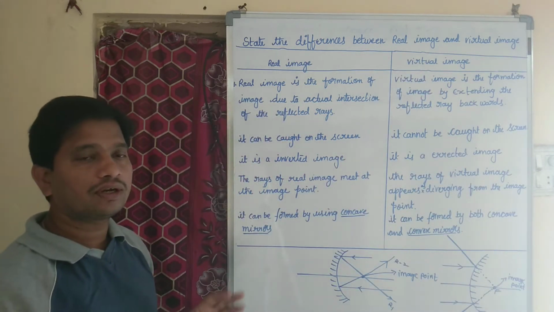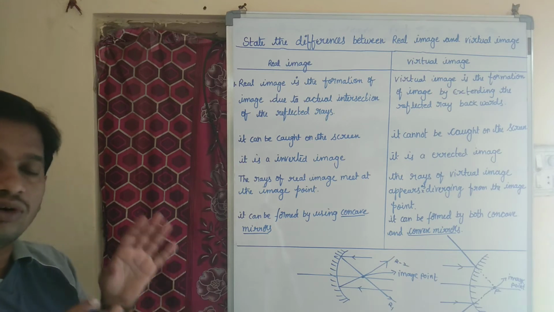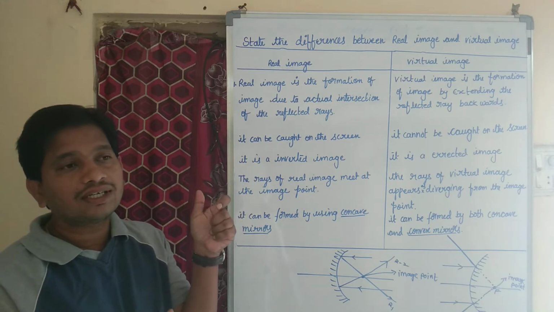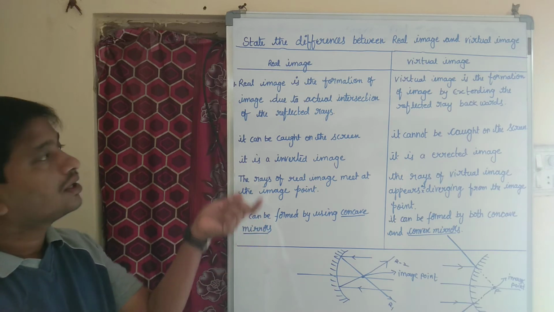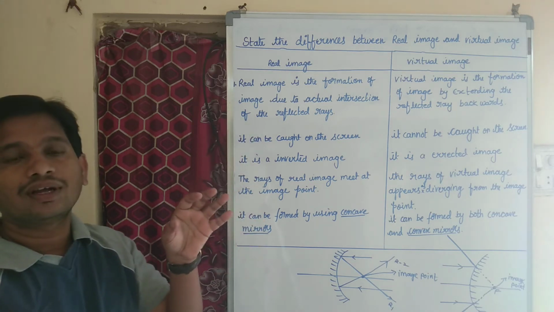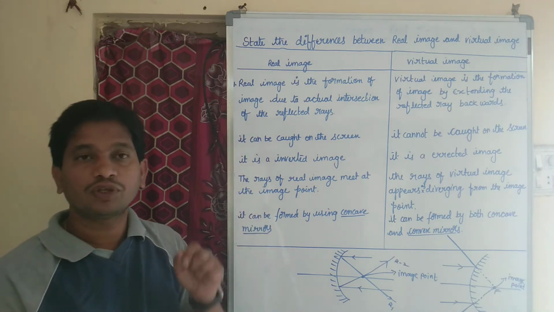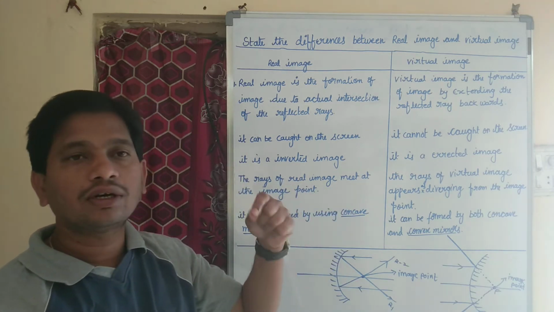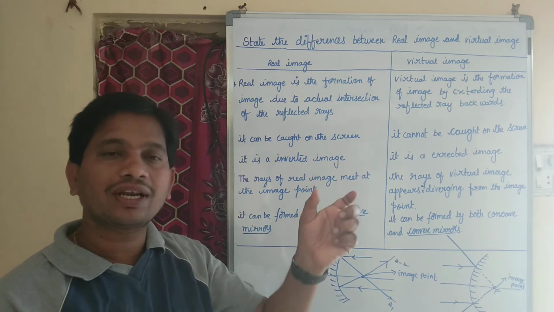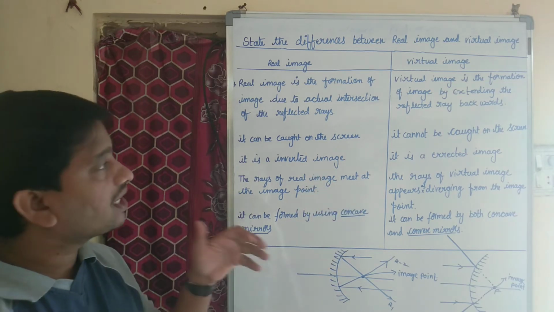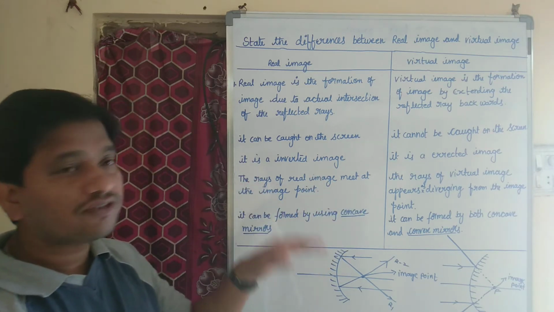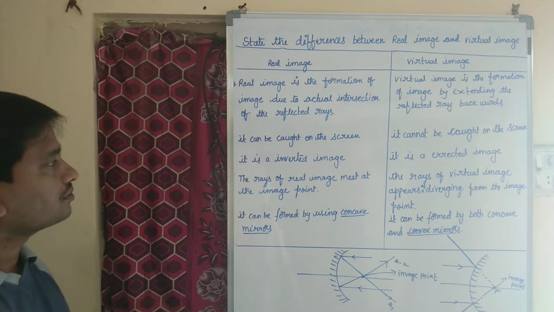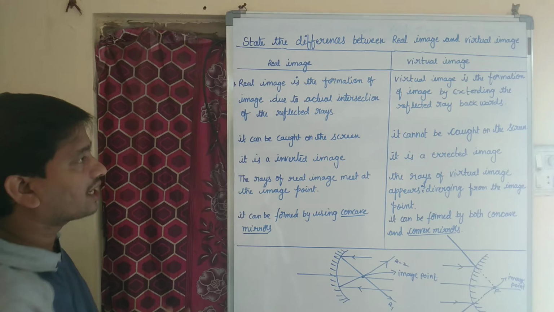You are getting the first point. Once you understand the concept, only then can you write it in the exam. Real image is the formation of image due to actual intersection of reflected rays. Even if you forget, by understanding the concept you can easily frame the sentence there. Whereas virtual image is the image formed by extending the reflected rays backwards. Next, coming to the second point,